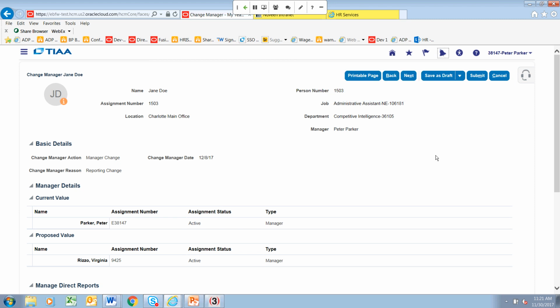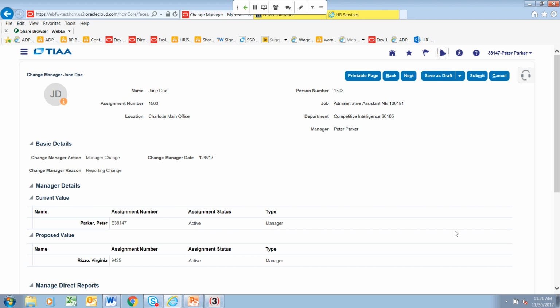Now just to keep in mind that the HR operation team will be at the end of each transaction request, and they will review all changes to ensure that they are in good order. And also to note, any request that is entered and submitted in core will flow downstream. So for example, this request will appear on the phone directory the day after. There is a day delay between core and other systems. So this transaction will show up on the phone directory on 12/9.